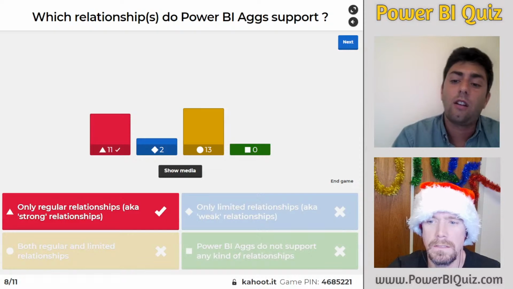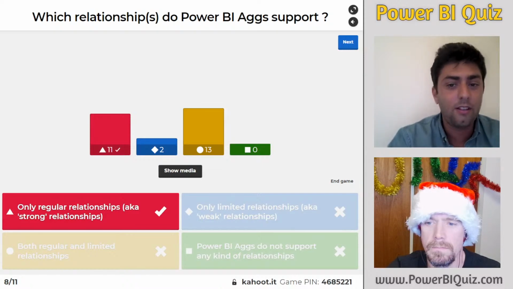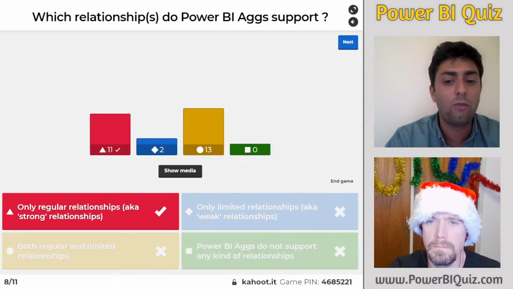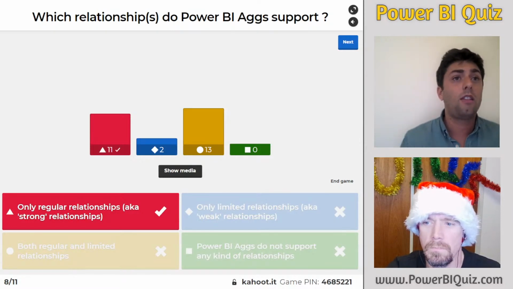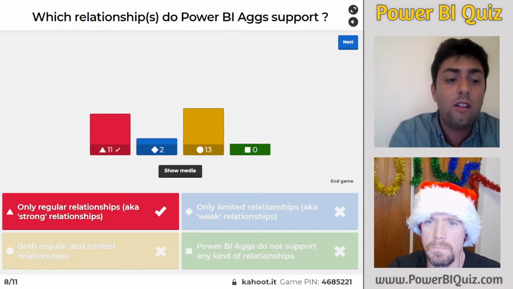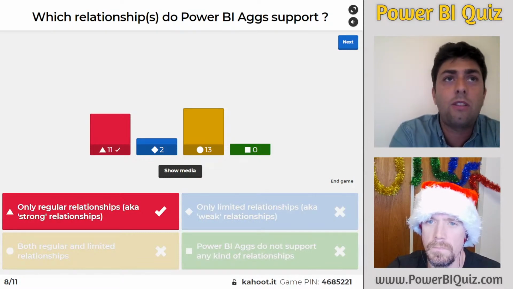So there is a question from Richie who is saying, I thought direct query to import mode table relationships are weak. The answer is yes, but in a Power BI aggregation model, the dimensions are not in direct query mode. They are in dual mode, which means that when the cache gets hit and when you have the correct grain to reach the aggregation, the relationship is actually regular, right? You can make the test.